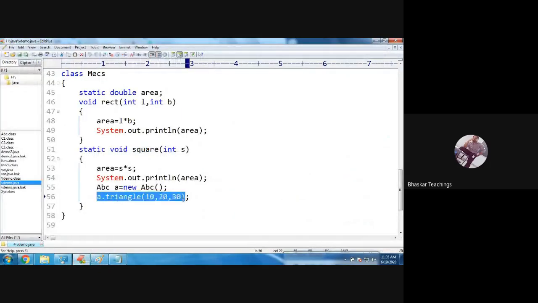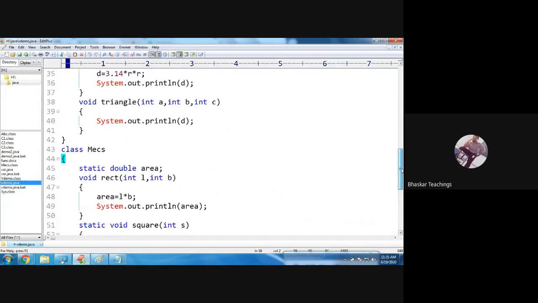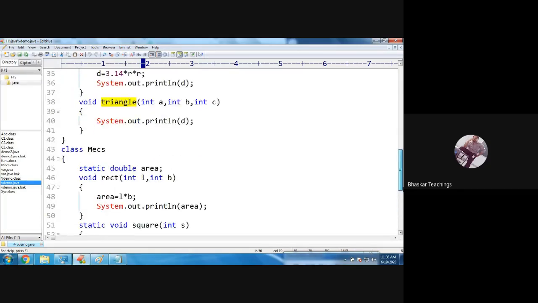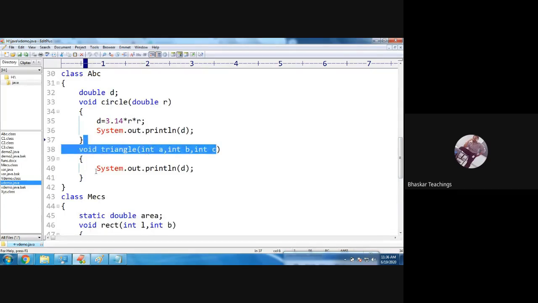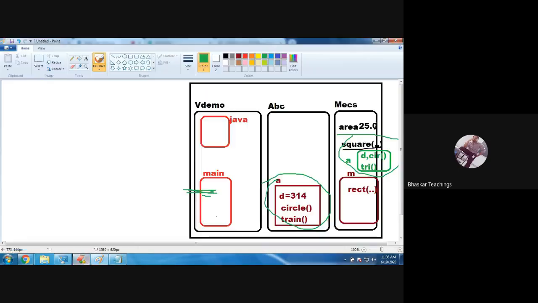Okay fine, now what is going to happen? I am calling the triangle method of which class? The abc class. Is that possible? Yes, you have created an object for the abc class, so on that object you can call the triangle method. So the triangle method will be loaded, 10, 20, 30 is passed but we are not using that, you are just printing the d. And what is the d value here? The d value was 314. But this d value is different from this d value. I told you, data in one object is different from another object, not different,